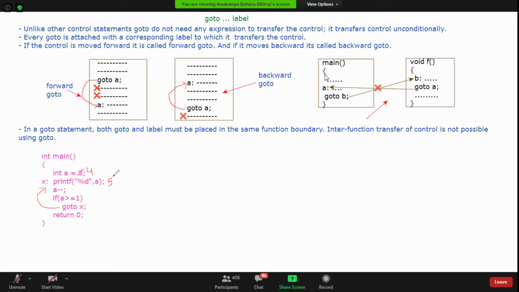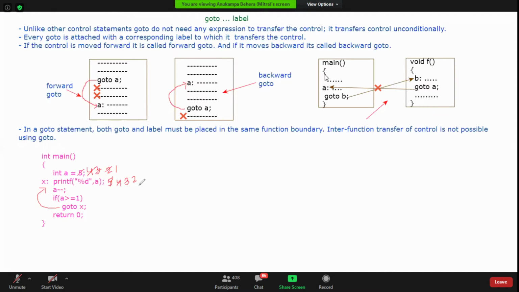So it will print 4. Then this is 3. Is it greater than equal to 1? Yes. Then it will again go up. It will print 3. This becomes 2. Then is it greater than equal to 1? Yes. Then it will print 2. And this will be 1.